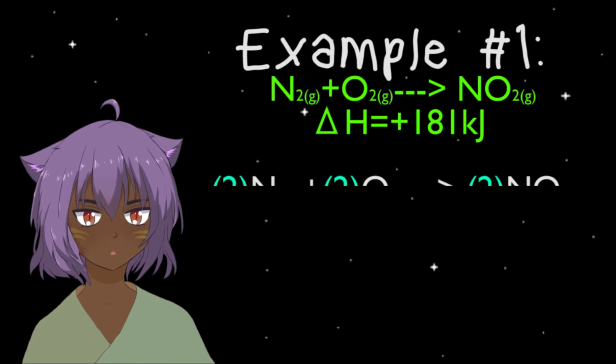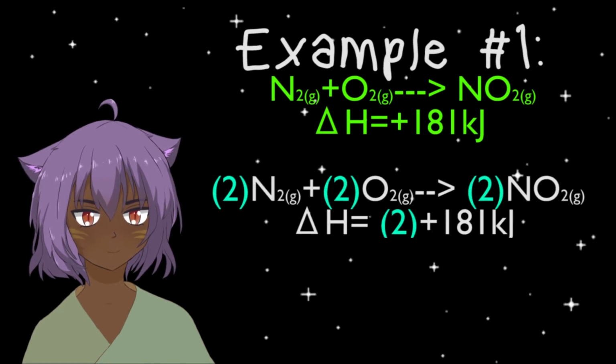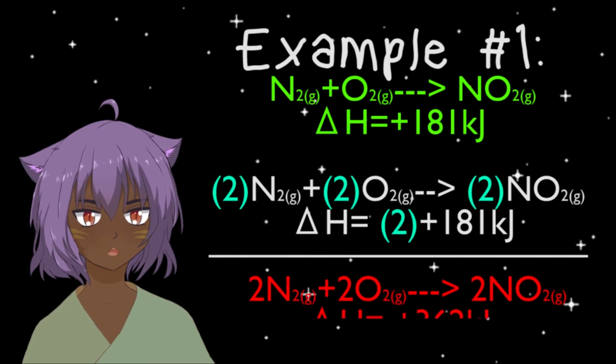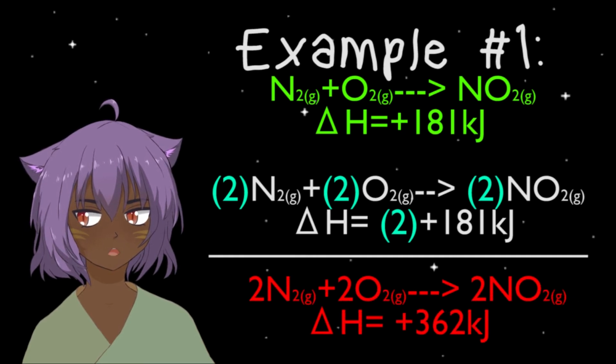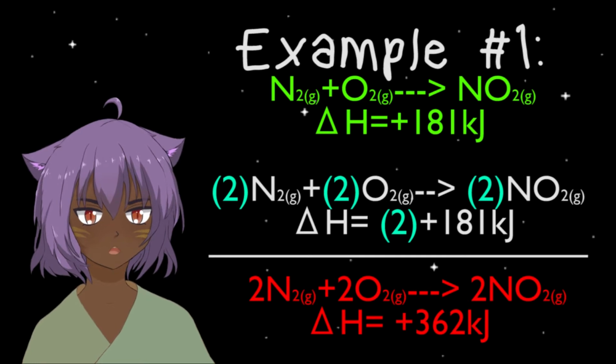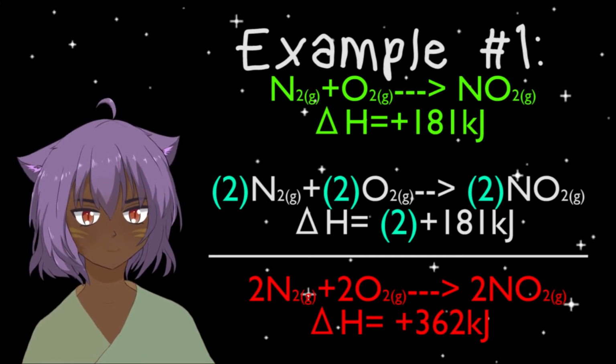As you can see, we multiplied the reaction by 2, so the enthalpy must also be multiplied by 2. And the final answer will be 2N2 gas plus 2O2 gas yields 2NO2 gas with an enthalpy of